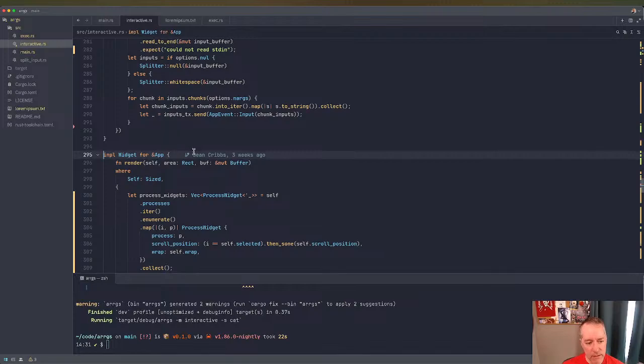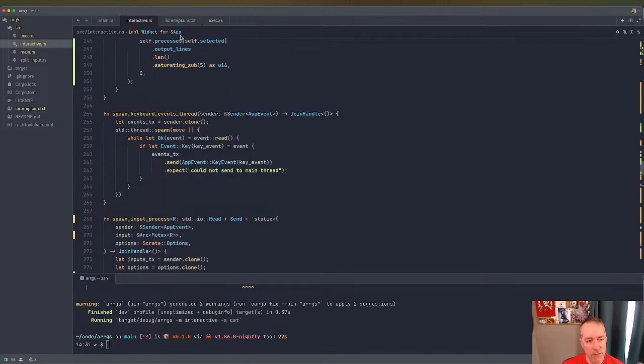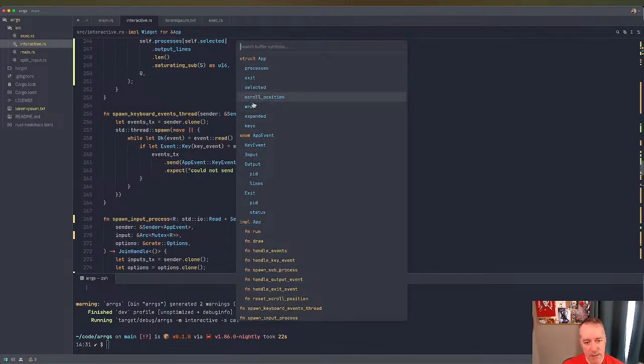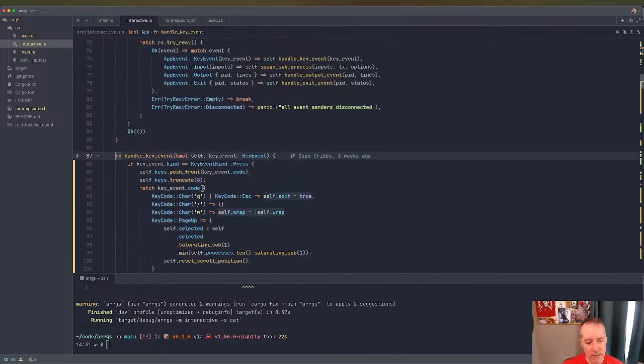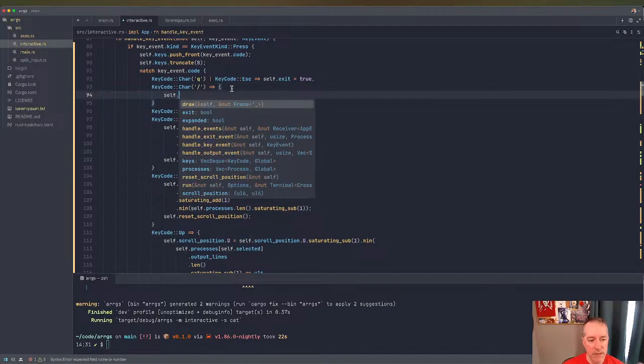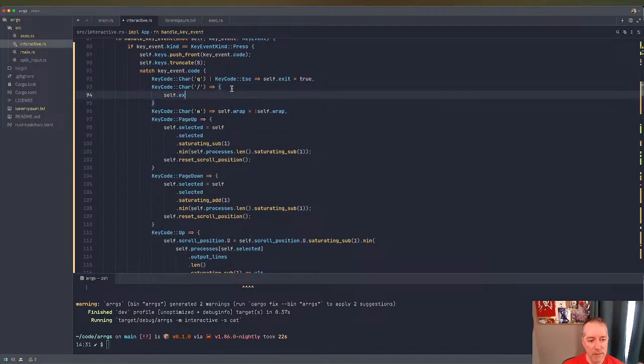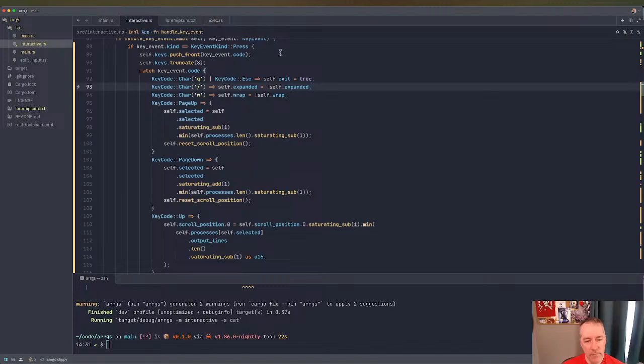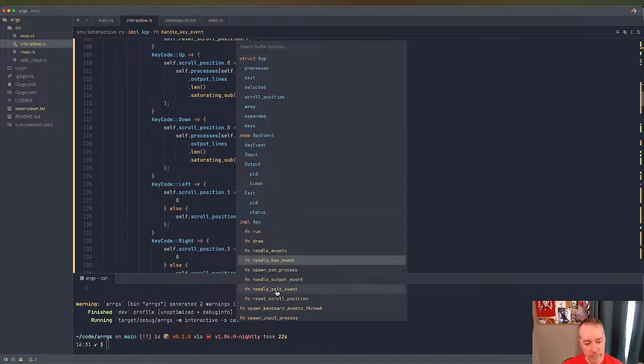But let's go down here. So first of all, let's implement what that does. So handle key event. So if we hit slash, we want to say self.expanded. So we want to toggle that. And probably it's just going to do like that. Okay. So if we go down to where we're rendering,